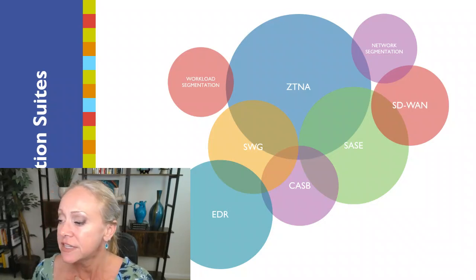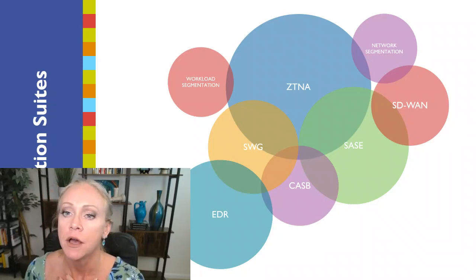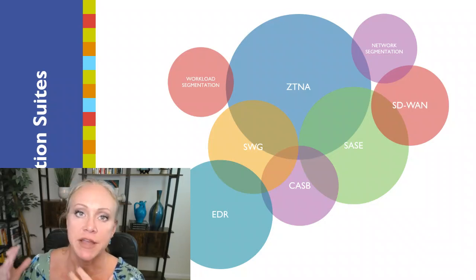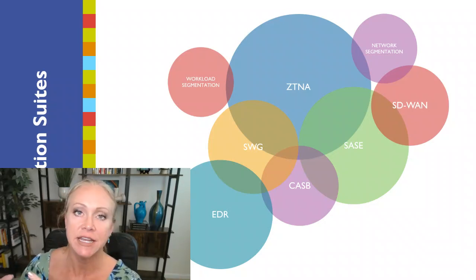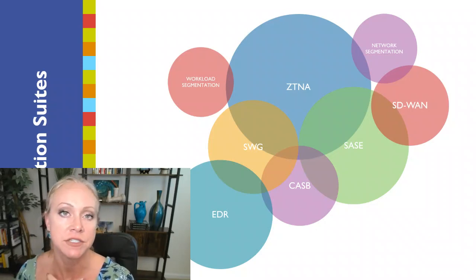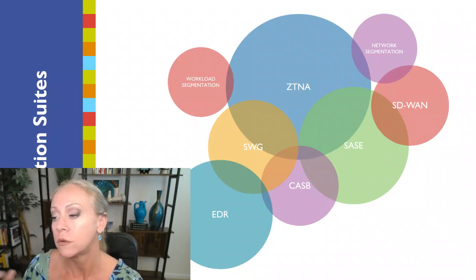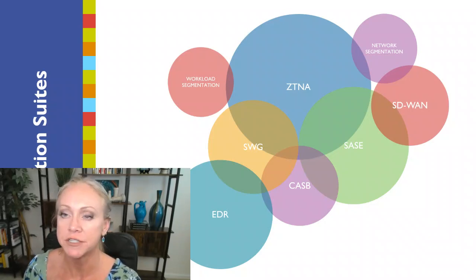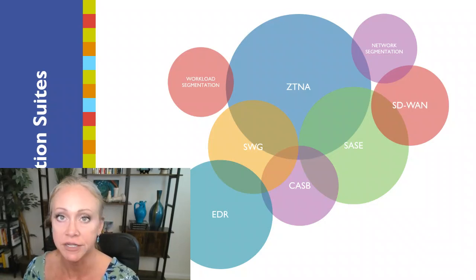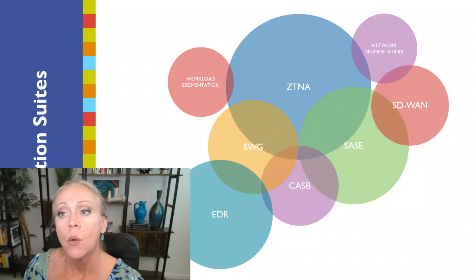Things that follow ZTNA principles are obscuring that visibility from the outside, and not obscuring in a bad way as in security by obscurity, but they're removing that visibility. Only that ZTNA architecture can connect to the resource, and then it makes the decision about that user or the requester that's trying to get access. That's where the policy engine comes in. Is this person or this device allowed? What are the conditions around it? Whether it's conditions on the internet, threat intel feeds, conditions on the requester, like posture for an endpoint, or conditions in